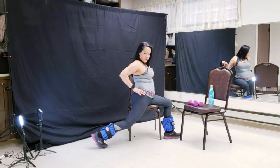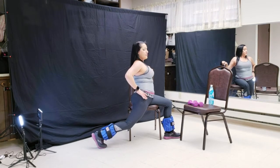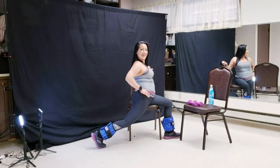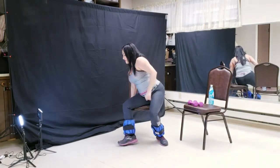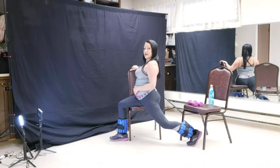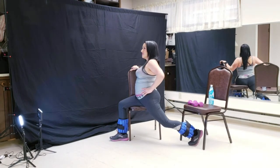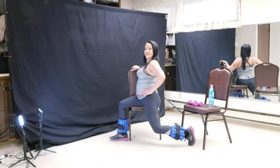1, 2, 3, 4, 5, 6, 7, 8, 9, 10. And switch it around to the other side. And set it up. Good posture. Hold on. And 1, 2, 3, 4, 5, 6, 7, 8,